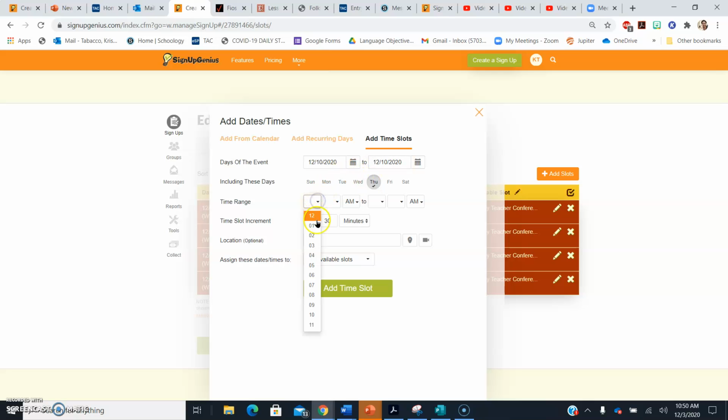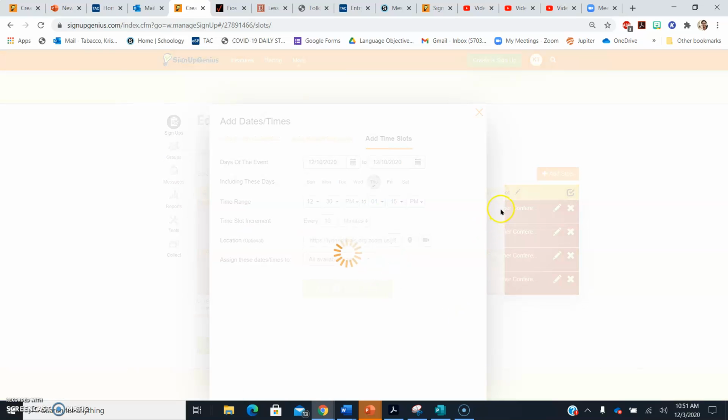So I'm going to put, let's say, 12:30, right after class is over, to 1:15, and then I have PLC. So I'm going to make my time slots every 10 minutes. I'm going to put the Zoom for the location. I'm going to use that same Zoom link that I made for my other ones. I'm going to add the time slots,